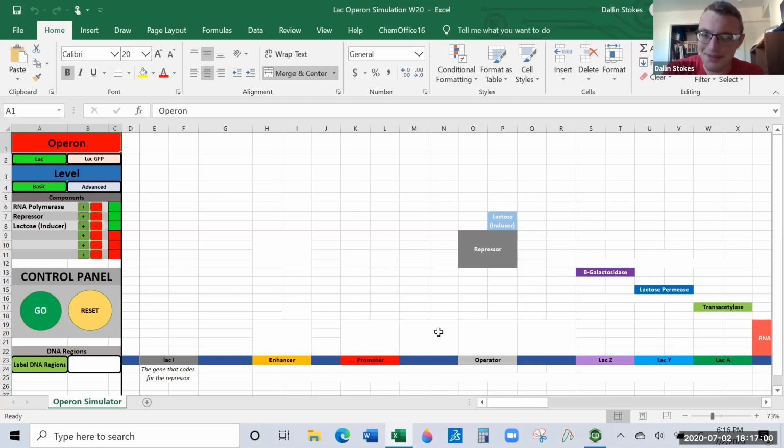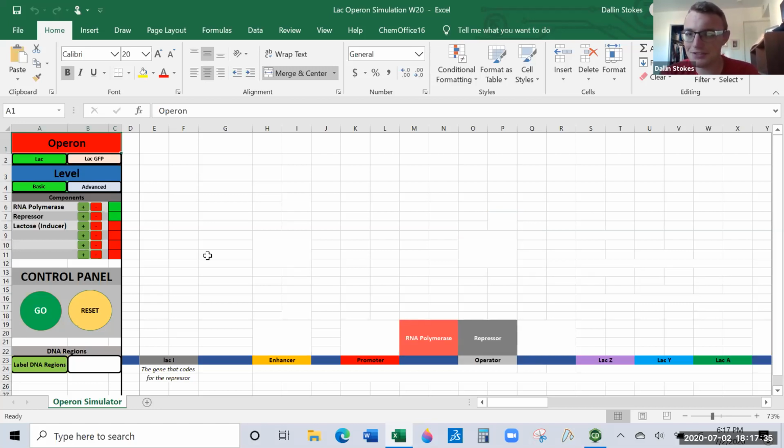Now, here's the fun thing about this. It's a self-regulating system. God designed it to be a switch that turns itself back off again. So these proteins, remember we determined that the point of these proteins was to destroy the lactose and turn it into glucose. So lactose is the key. We're destroying all the keys. So essentially, this system is designed to turn on so that it has the ability to turn itself off again, because these proteins destroy the key. And if you destroy the key, the lock goes back onto the operator and shuts it back off again.